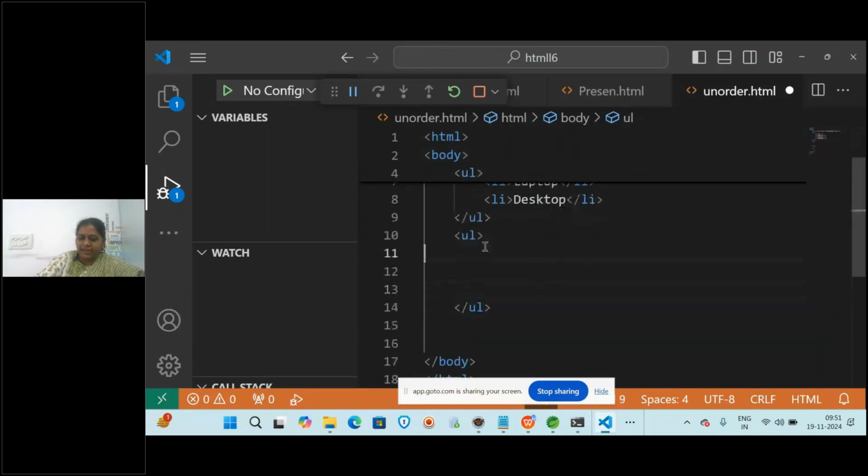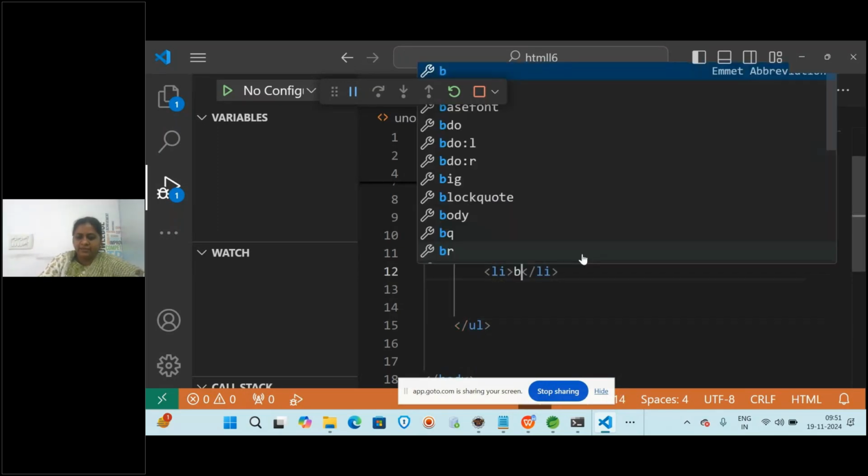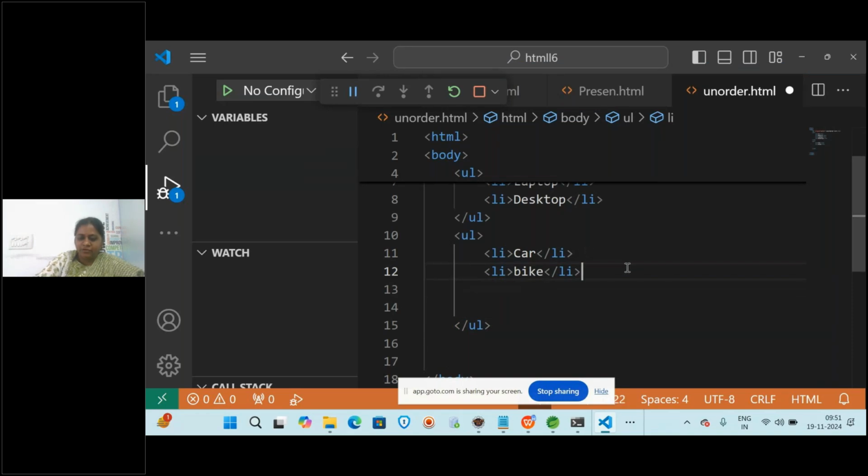And here I am going to write LI, list item. Then I will write some list items like car, and then one more list item like bike, and then again one more like bus. Three list items I am writing, and here in the UL I am going to write type equal to disc or something, and then save this, and go back to the browser.